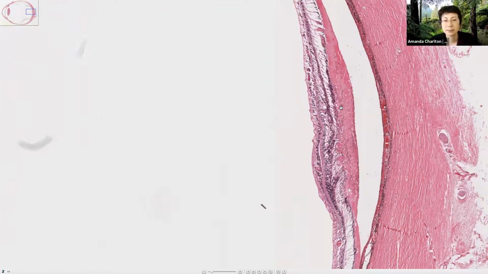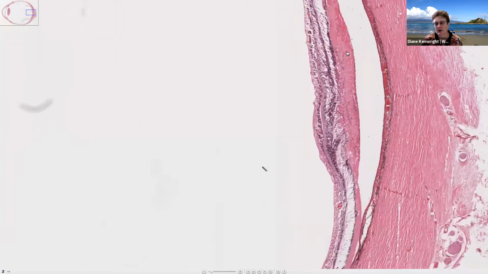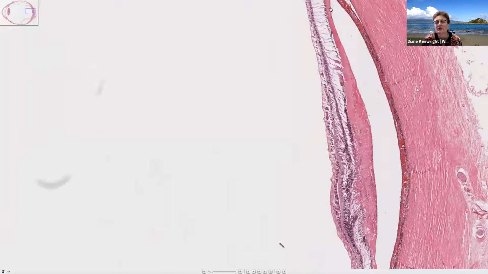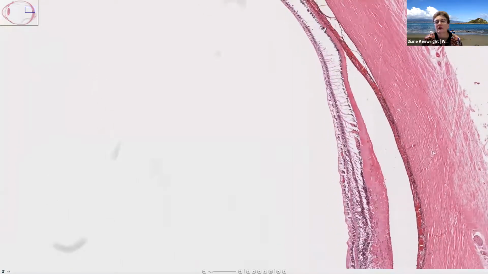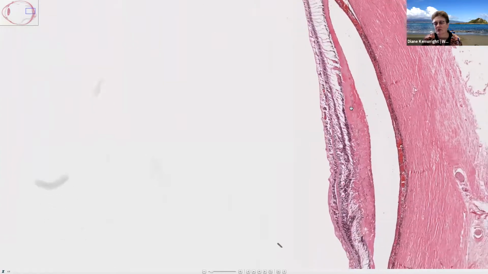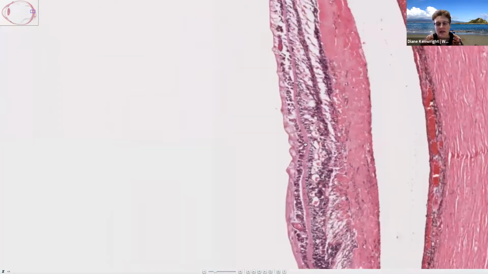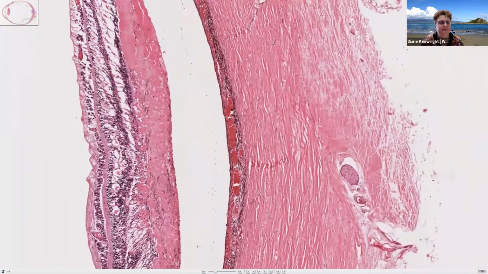Where are the photoreceptors? The photoreceptors have been destroyed as well, so they should be hanging off the inside. Let's come along here. They should be somewhere here, but we can't see them there. They're all destroyed. So how do we know whether this is a scar or whether this is fluid? Good question. Looking a tiny bit closer, we can see